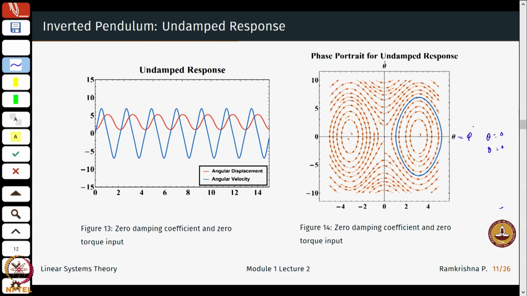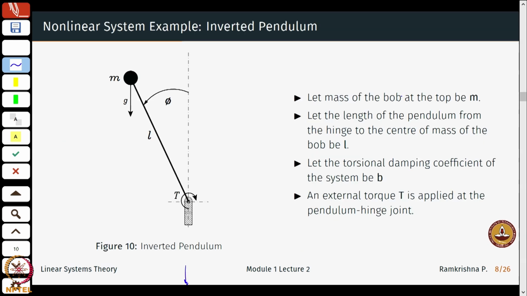If I start close to the origin, again my trajectories go away. What do they do after they go away? For example, I start from here, my trajectories go away and they might just be oscillating around the point phi equal to 180 degrees over here. So if I just perturb it, it might just go down all the way here and keep on oscillating here.